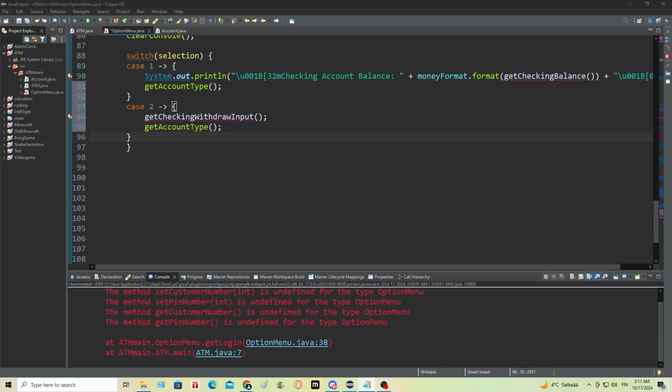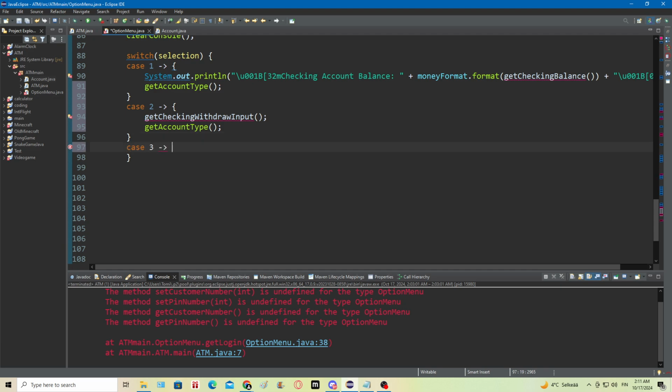So next up, we gotta go to here. Case 3 will be get checking deposit input and get account type. Okay, and case number 4,